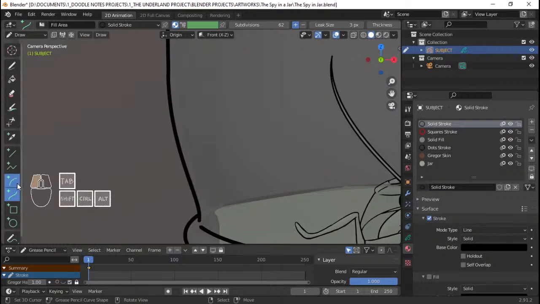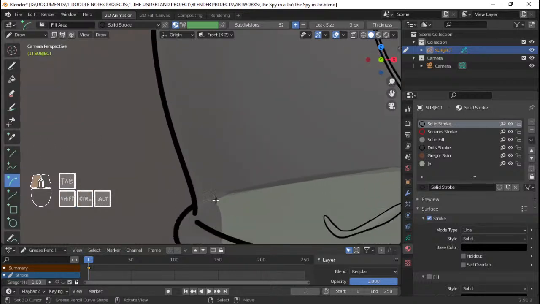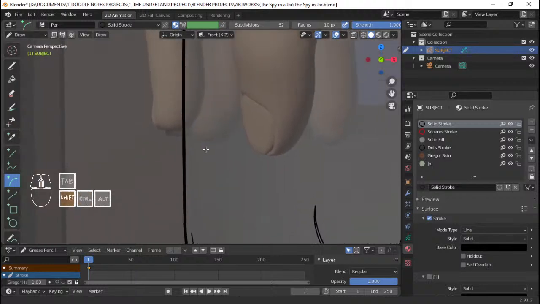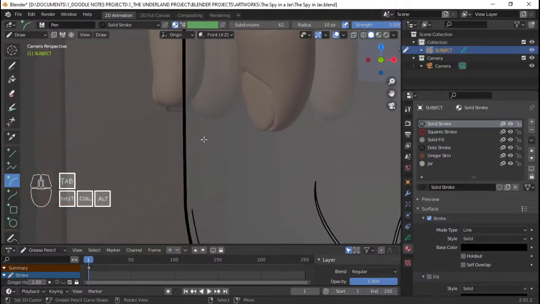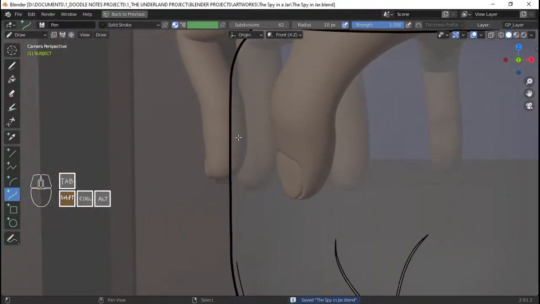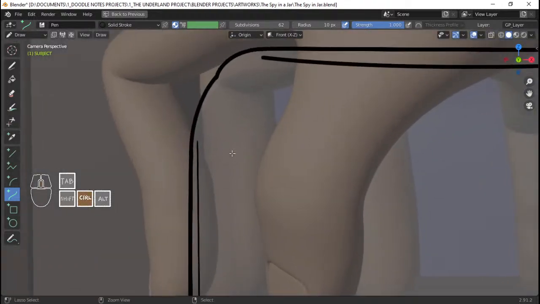So I'm just gonna add a curved line right here. Enter that. I'm going to have to do something like this. Yeah, I guess that's fine.